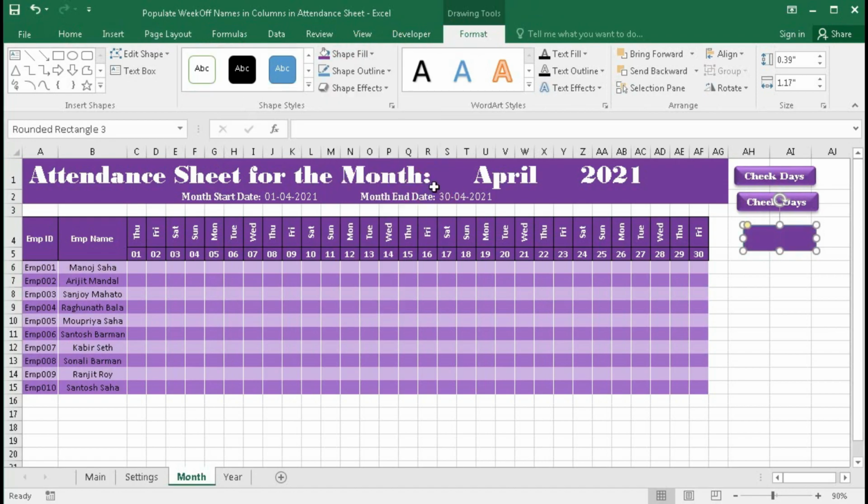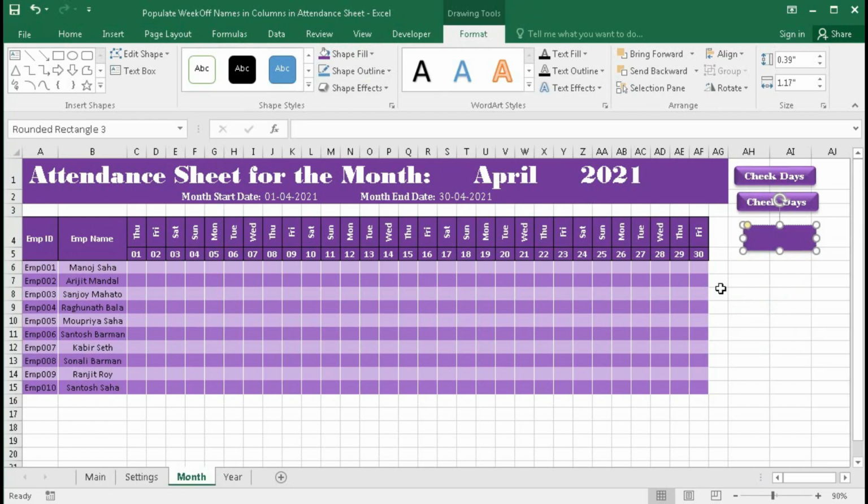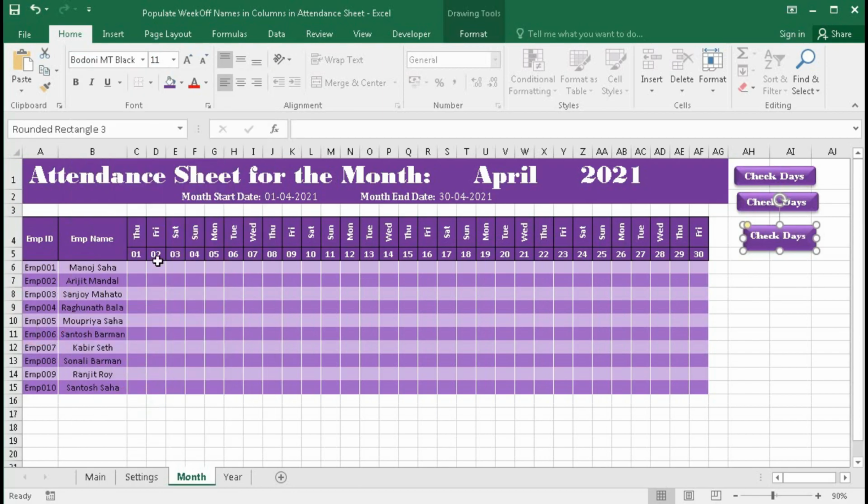Fill shape, the fill color this one, and the effect I have given this one, and you can give edit text and type here Check this. Now you can give the formatting of the text. I have given this font, then you can increase the size, fit the box and center it.